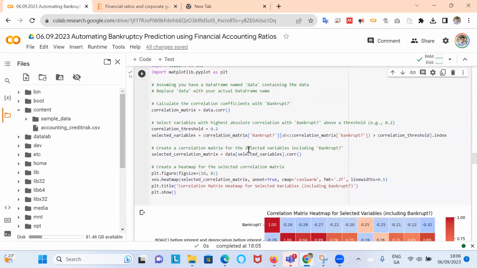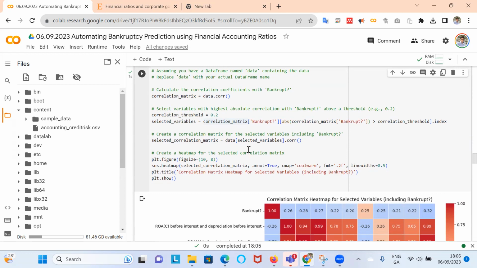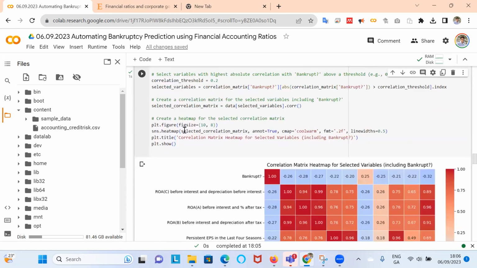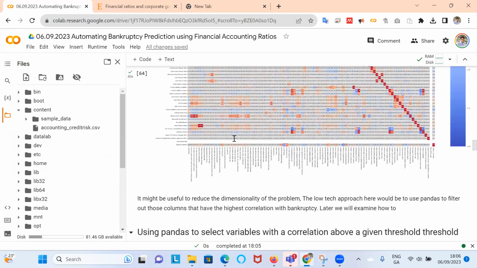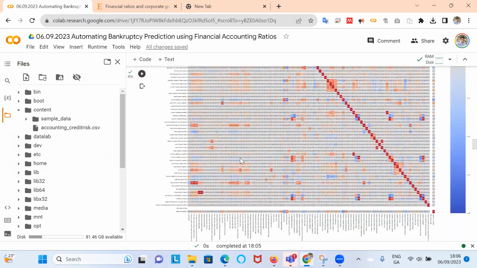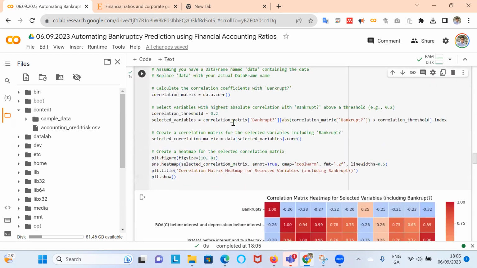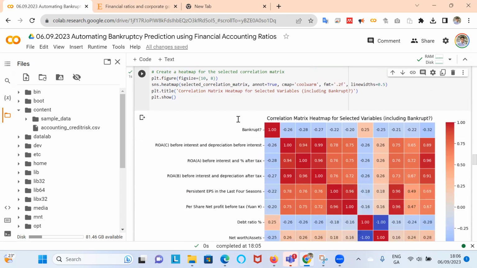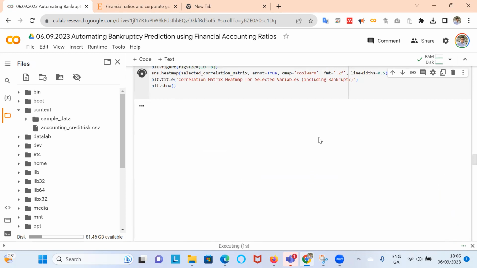So we're using here a selection of pandas and statistical operations and NumPy to create a selected series of variables, and then from there we go back and reproduce our heat map. Now previously our heat map looked like this for the entire set of financial ratios, and to deal with the dimensionality problem we filter out just by going with those ratios with the highest correlation with bankruptcy. And we get a more manageable image,